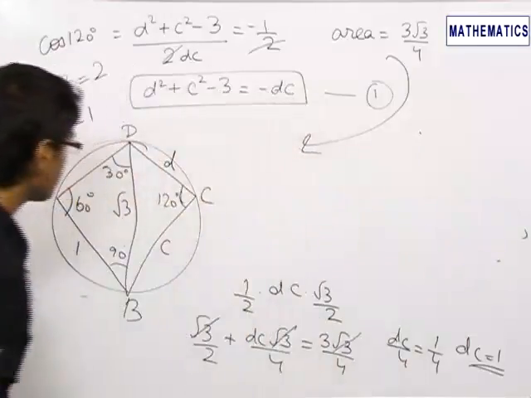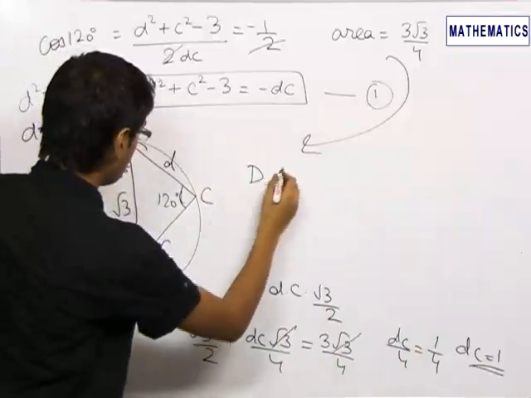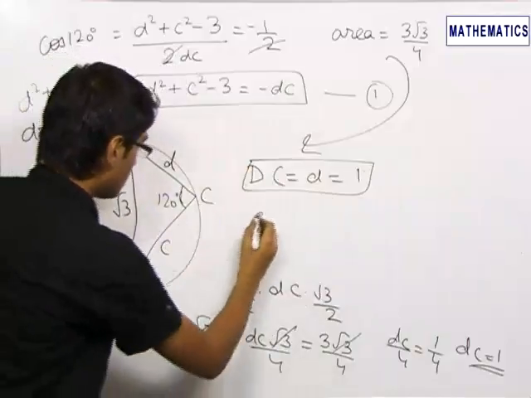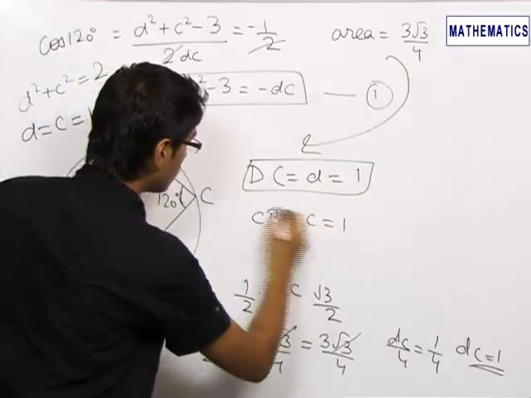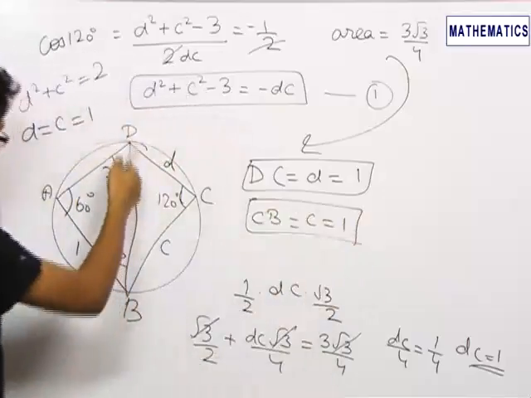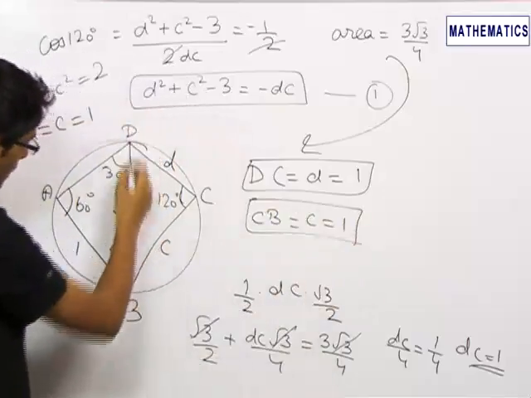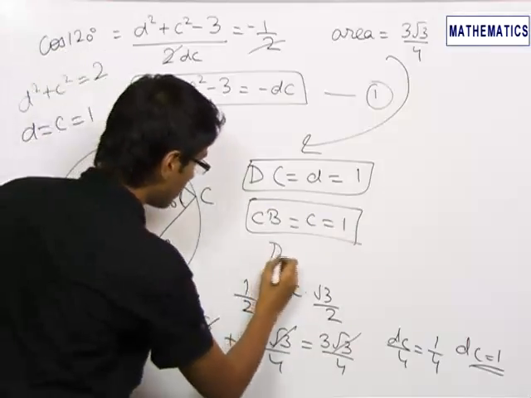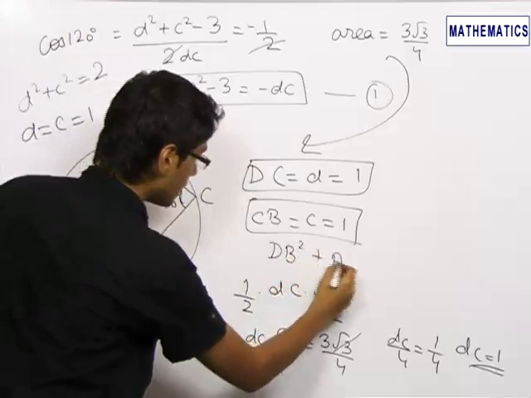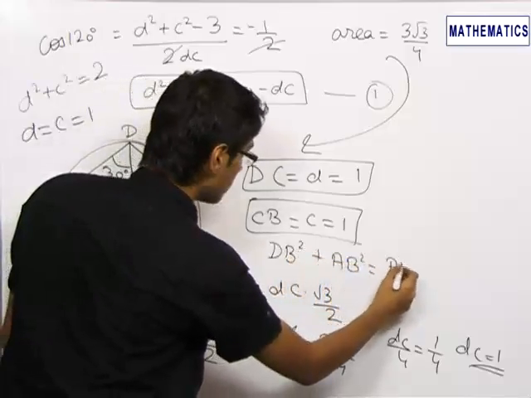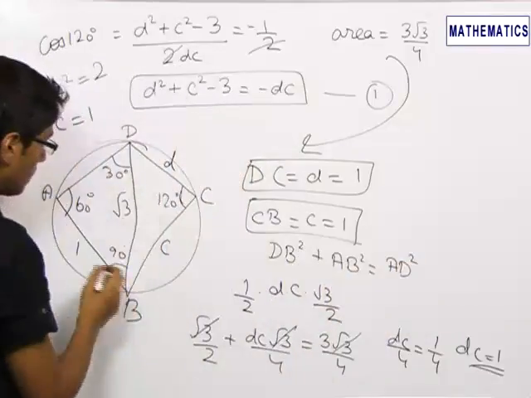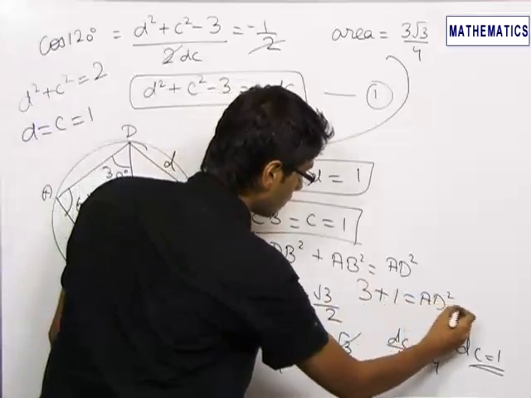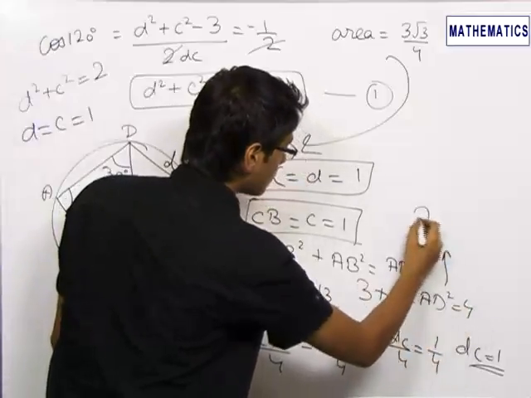Hence our final answer is DC equals d equals 1, CB equals c, which is again equal to 1, and in this right angle triangle ADB, we get DB square plus AB square equals AD square. We know that DB is equal to root 3, so we put this, 3 plus 1 equals AD square equals 4, which gives AD equals